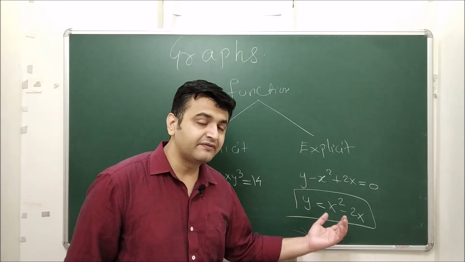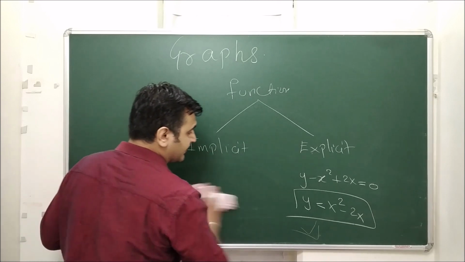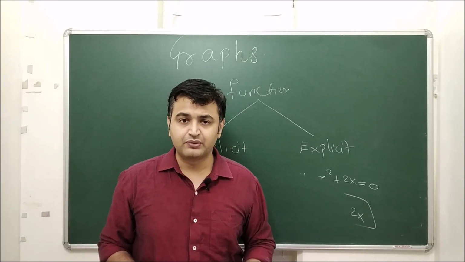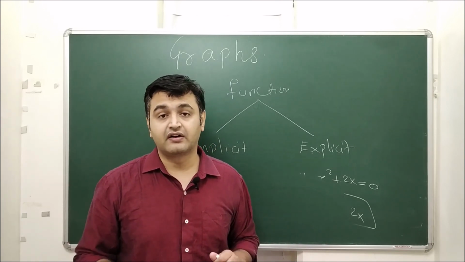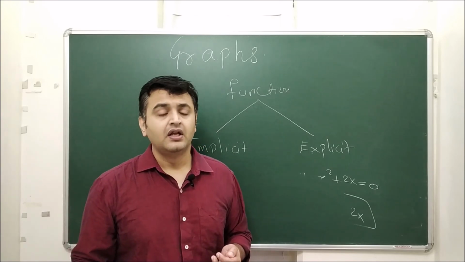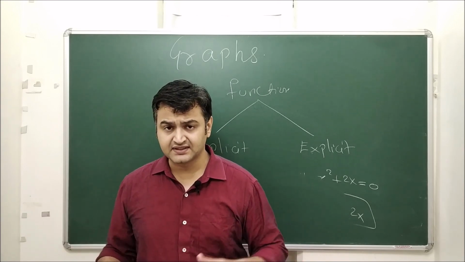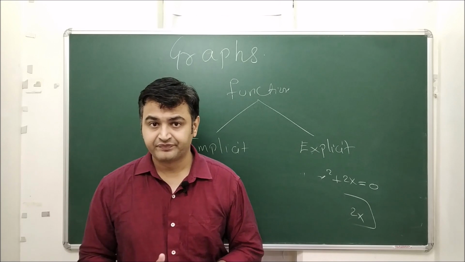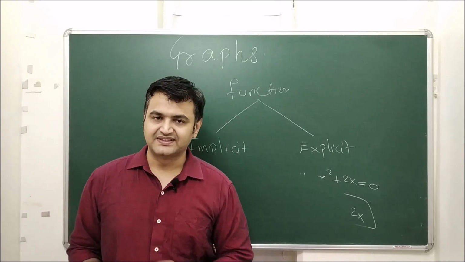Then if you have explicit functions, how do you draw the graph? Whenever you have such a thing, trust me, if you follow those 7 to 8 steps, you will definitely be able to sketch at least the rough graph of the function. And once you have the rough graph, you can verify your answer using GeoGebra software. I have already told you in my last lectures how to use GeoGebra to find the graph of a function. Now let me write down those steps and then we will jump to examples.